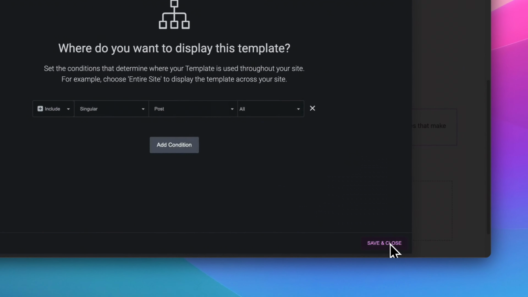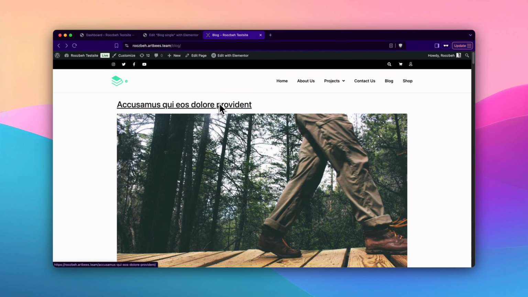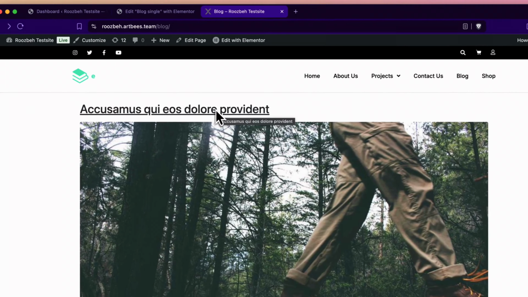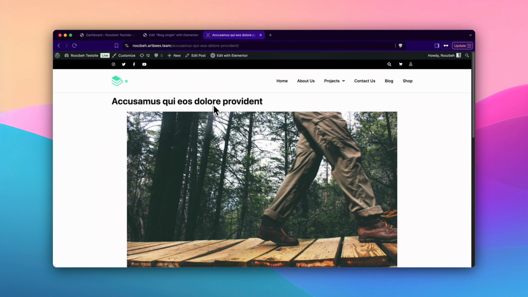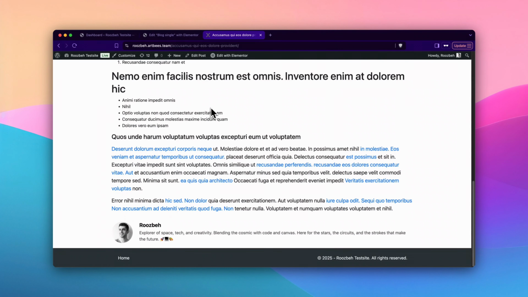Now that we've configured the display conditions, let's click Save and Close to apply these settings. Now let's switch to view our website. Let's click this post to see if our design is reflected. As you can see, the featured image, title, post meta, content, and author box are displayed according to our design specifications.